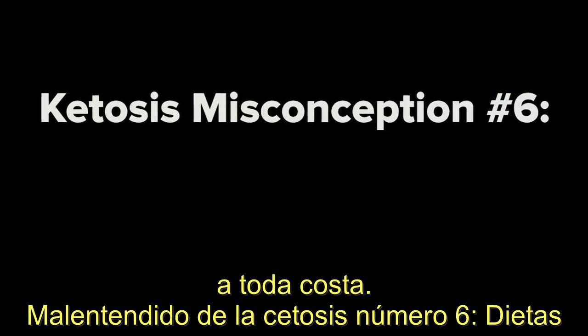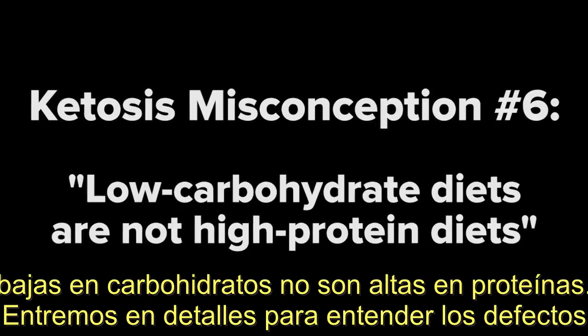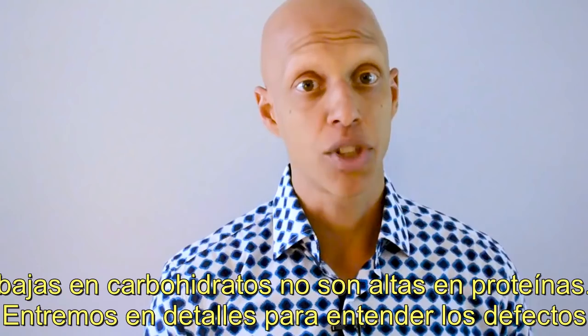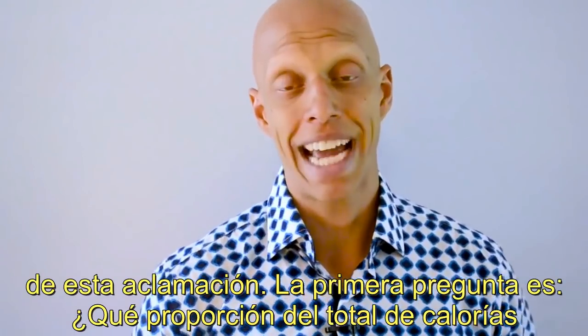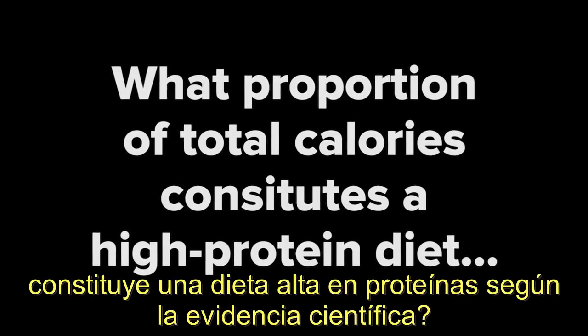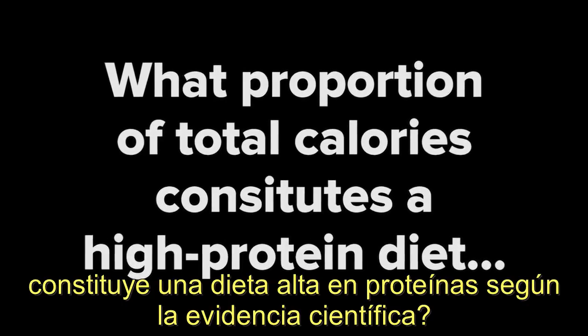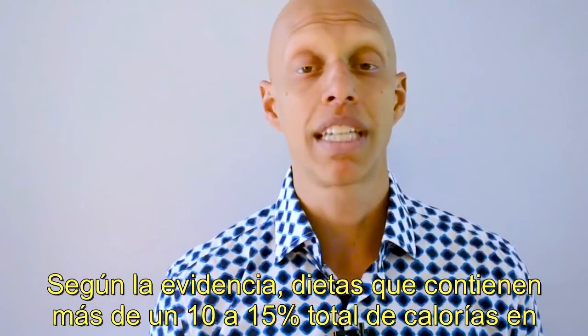Ketosis misconception number 6. Low-carbohydrate diets are not high-protein diets. Let's go into detail to understand the caveats of this statement. The first question to ask is this: what proportion of total calories constitutes a high-protein diet according to the scientific evidence? Now, according to the evidence,